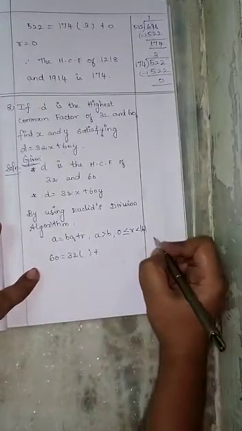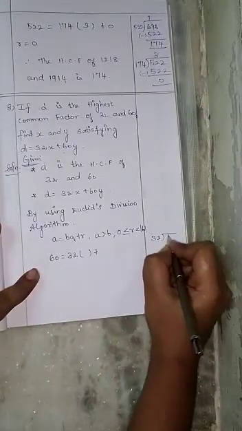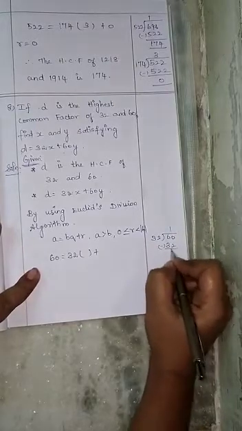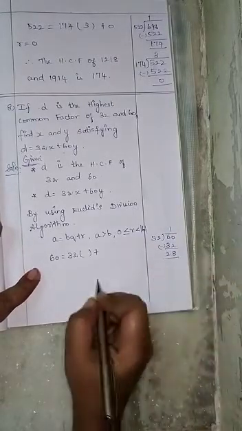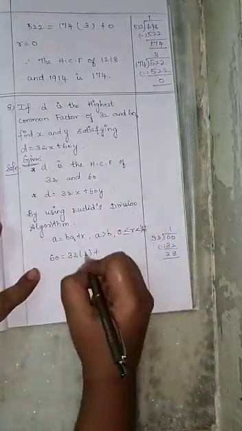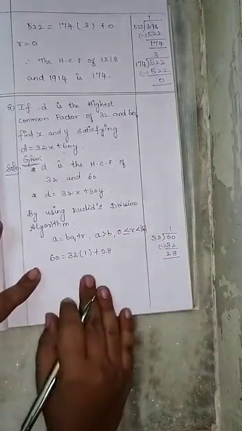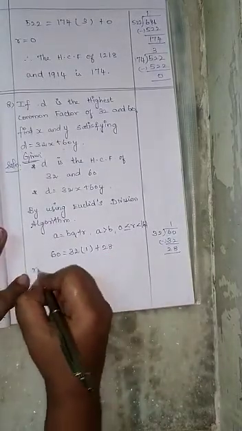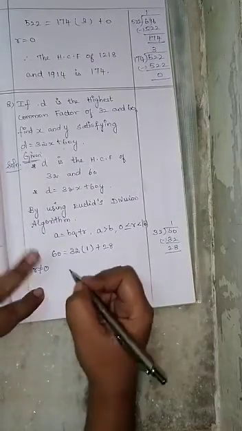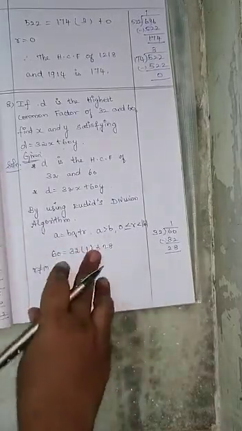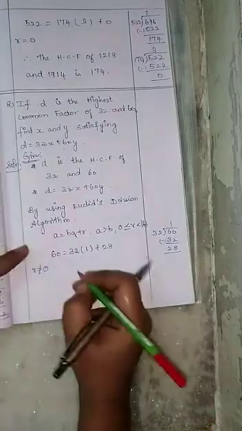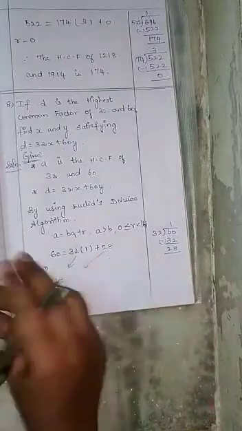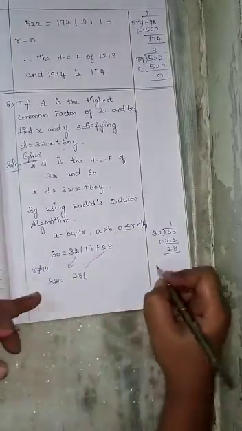So here I am going to divide 60 by 32. It is possible one time 32. If I subtract 60 minus 32, I will get 28. So this is the quotient, this is the remainder. Now R is not equal to 0, so again we should proceed. The B value is considered as the A value, and the R value we should consider as the B value. Again we should divide.